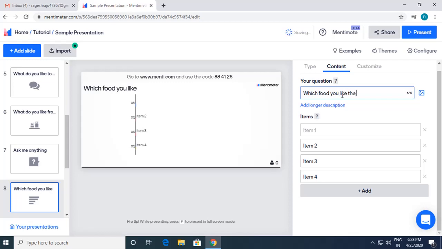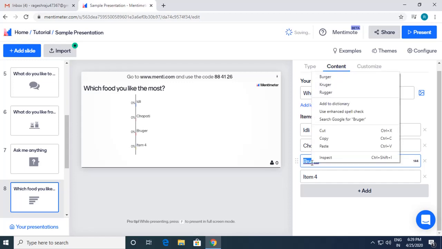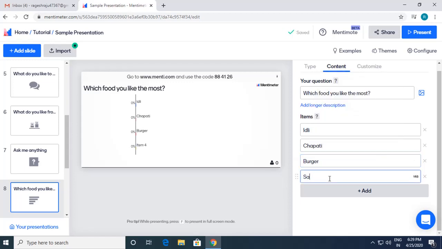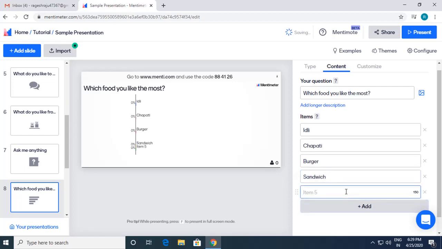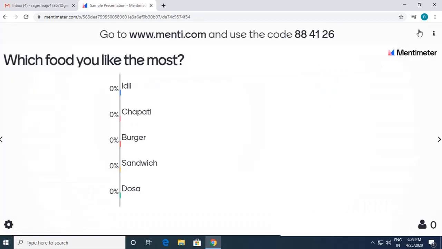I give the options here, and we can see how it works. Chapati. So this is one more good option. I will just show you burger, sandwich, maybe the spelling may be wrong, let it be, and I give dosa. Okay, once it is done, I click on present.